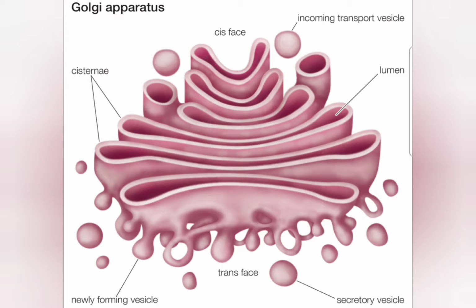Okay, now coming to the large ones like this one, so it will be a vacuole. This is a vacuole, this is a vacuole, this is also a vacuole. So the larger droplet-like globular structures are known as vacuoles, and they are clear structures and they lie mostly at the maturing side, which is the trans face. Some are located on the cis face also, but mostly they are located near the trans face. Okay, so this is all about the ultrastructure of Golgi body.